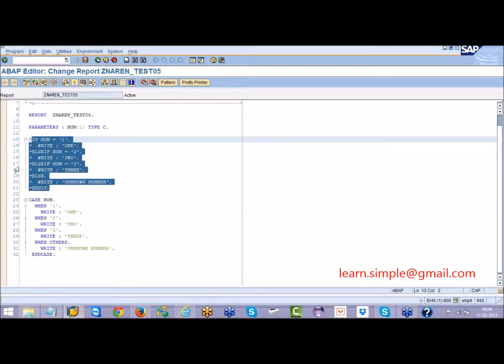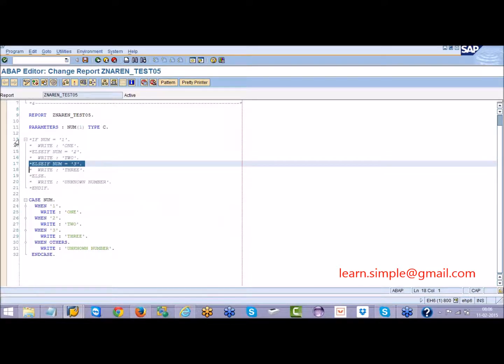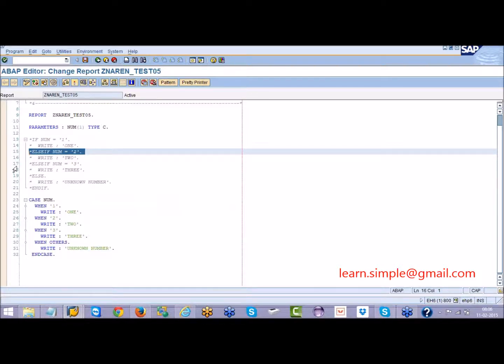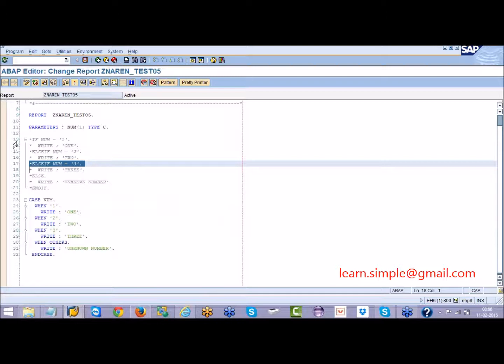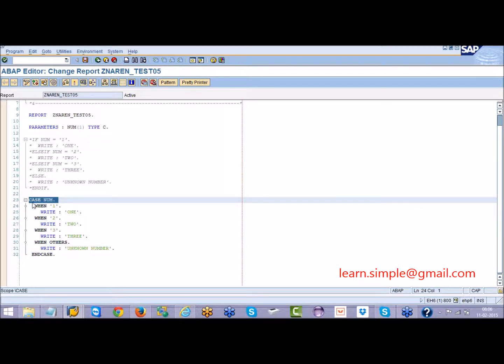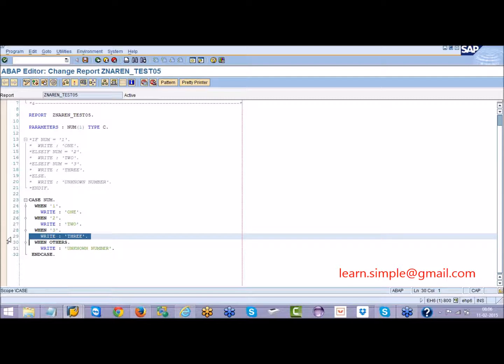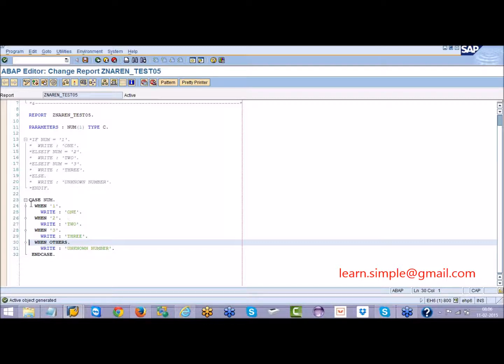Why the performance is more? Because say for example you have given number 3. In the if statement what will happen? It will check whether this condition is true. No. Is this condition true? No. Again it will come here. So it is taking some time to check this condition and this condition and so on. But in case statement, when case 3, it directly comes to the when 3 condition and it prints the right statement. So in that way, it will optimize the time and your program performance will be more. So prefer always using a case instead of if else if.